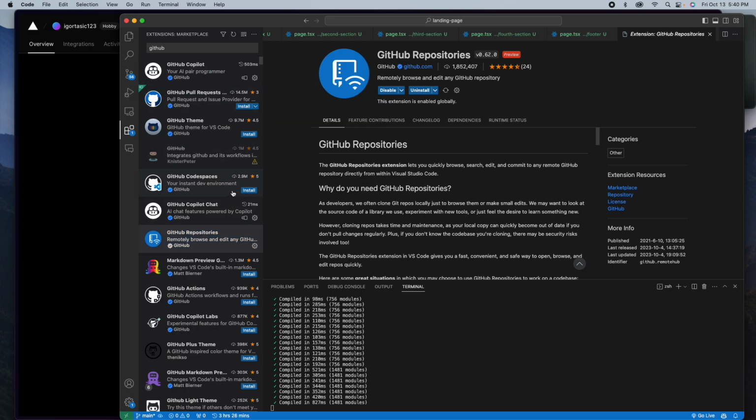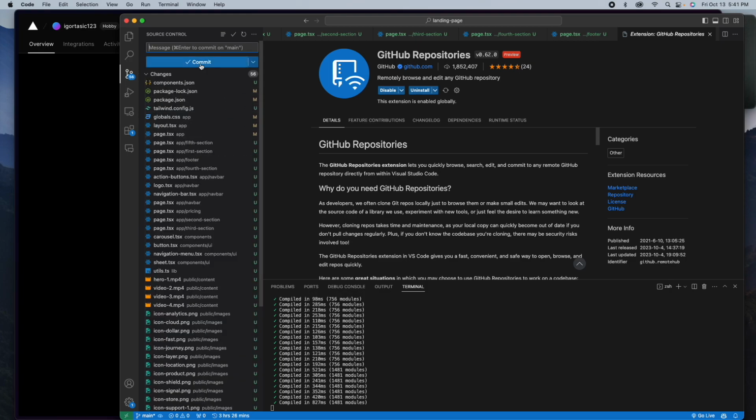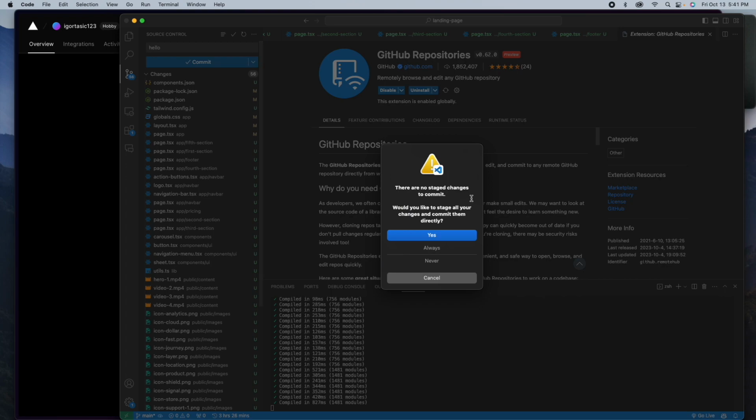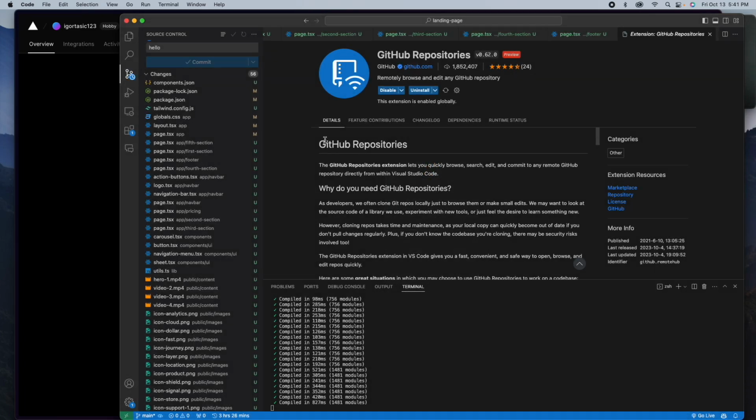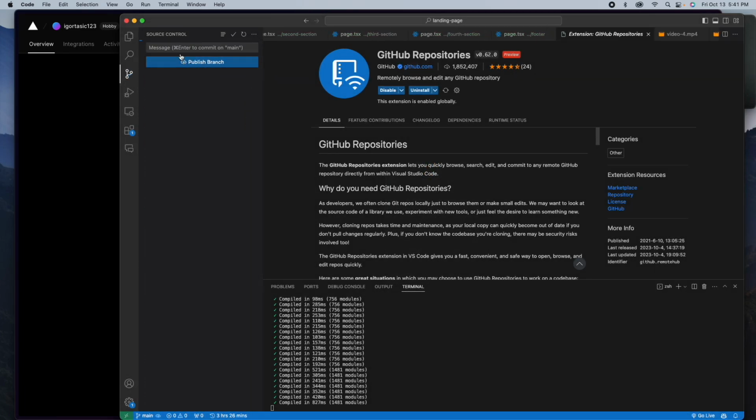So I download the extension. It's going to ask you to configure your account to make sure that you're signed in. They might send you a text or whatever. Just go ahead and do that. And then right away you can go into your source control and just type anything you want. You can just say hello, for example, and then it says there are no staged changes to commit. Would you like to stage all your changes? So you're just going to click yes, and then it's going to say there's no branch, it hasn't actually been created yet. So we can go ahead and just say landing page version 1, for example,